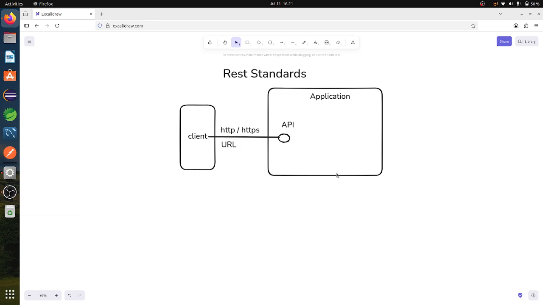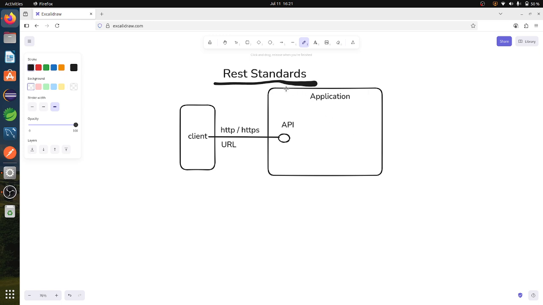To do this, RESTful standards will be useful. By following these standards only, he is able to call that application, and when we follow these REST standards, only then can we make our system secure and accessible to others.